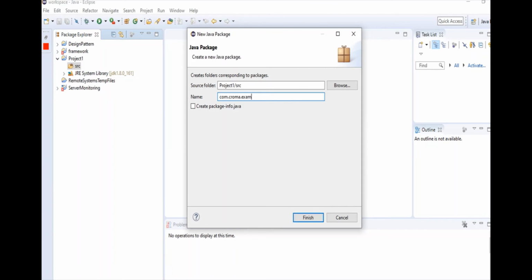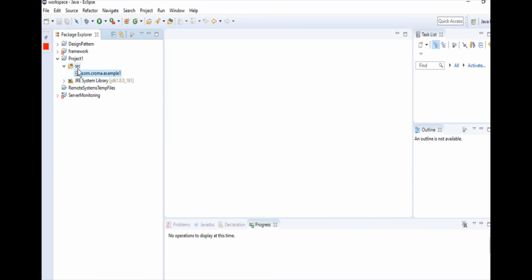Let's say example1. It will create a subdirectory under the SRC main directory. This is our package name. We call this subdirectory a package.